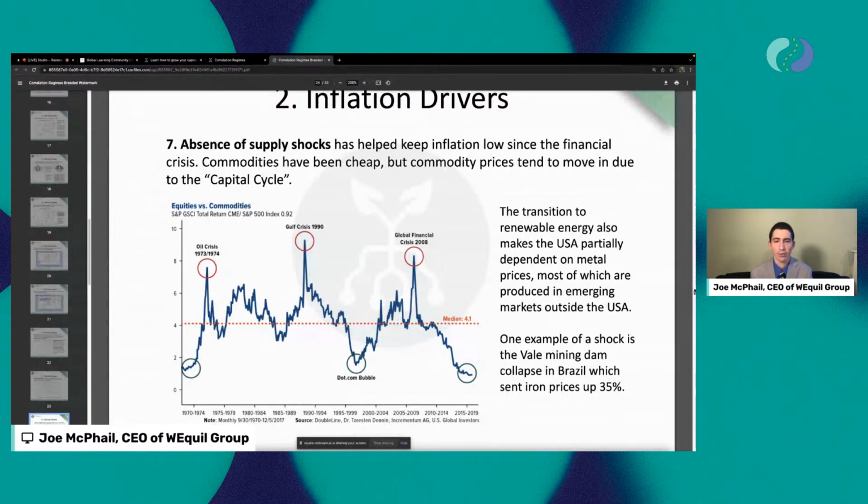But because it takes so long to bring these online, you tend to see basically regimes in commodity prices. And these commodity price regimes don't always coincide with inflationary regimes because it's only one of many factors, but it's a really important factor. For example, going into the last inflation period, it was these oil price shocks, the oil crisis of 1973, 74, that was most certainly helping to facilitate even more inflation concerns during that period of time. Well, if you look at what we're experiencing right now, heading into the pandemic, we had been going through a more than decade-long period of falling commodity prices.